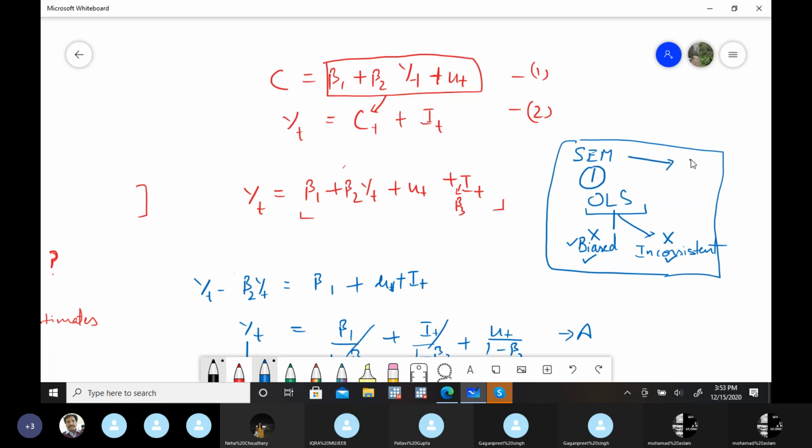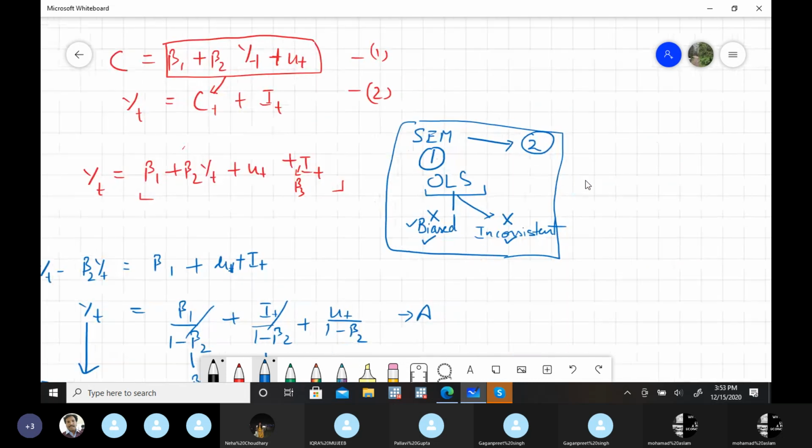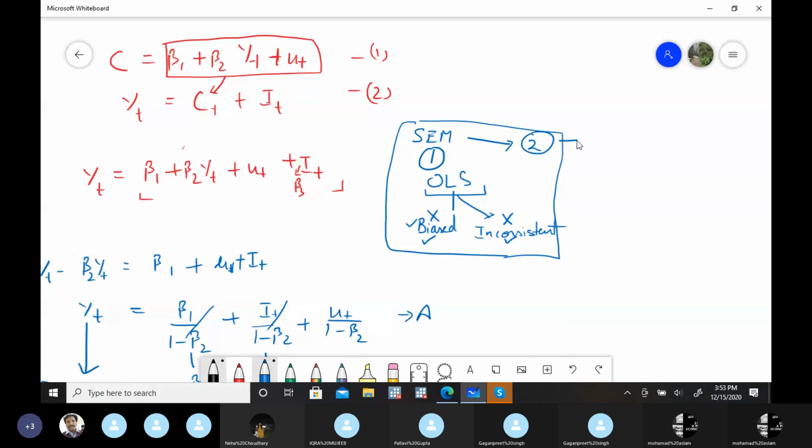Second problem is that many times we have to face this problem that either it's not possible to get the estimates of the coefficients, ये भी situation हो सकती है, there are scenarios, estimates are not possible. Second, more than one estimate for one coefficient will be the situation, or I would say not unique estimates.